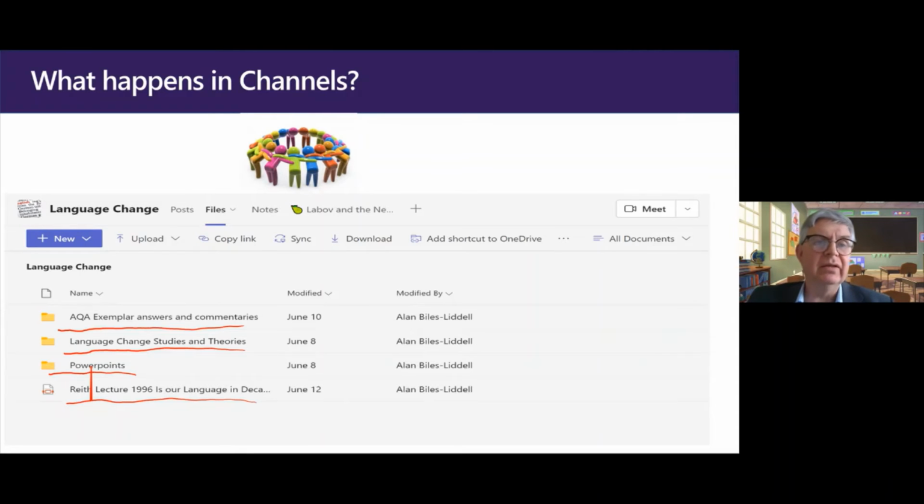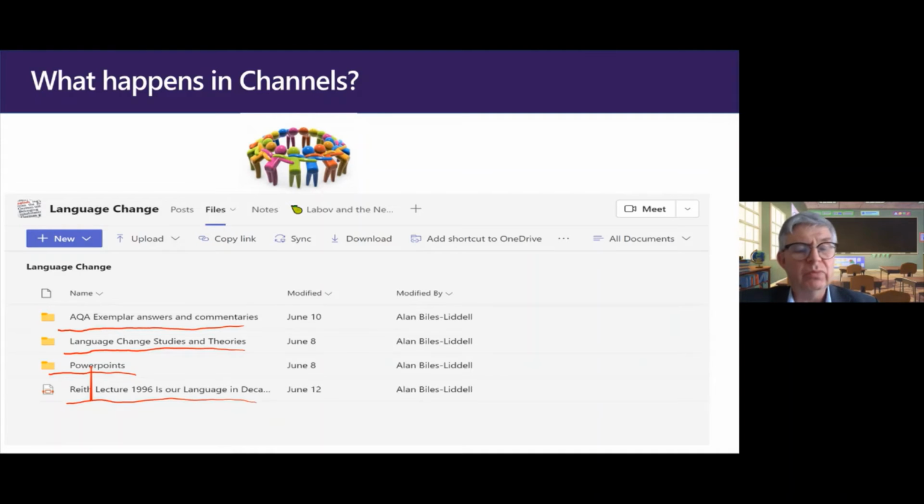It's a way, especially with your A-level, and again, thinking about it at GCSE level, of making them independent learners. That's what you're wanting to do, and getting them to take control of their own learning. Very easy to do with all this.